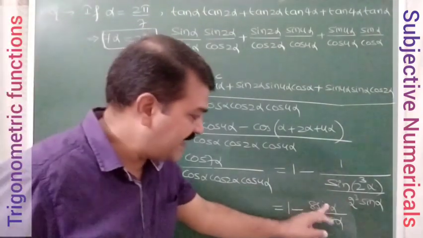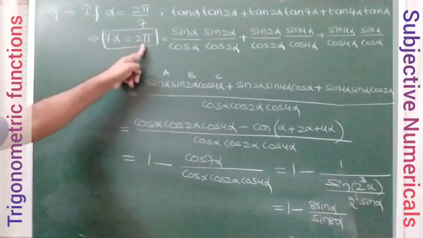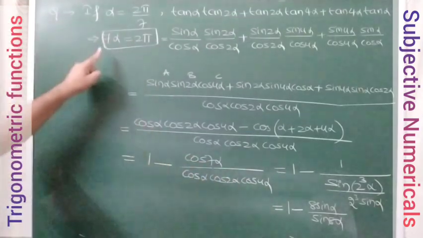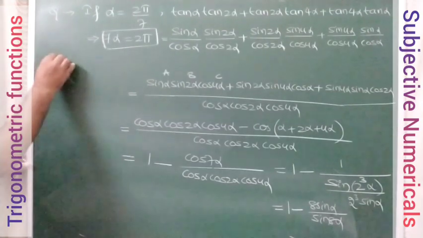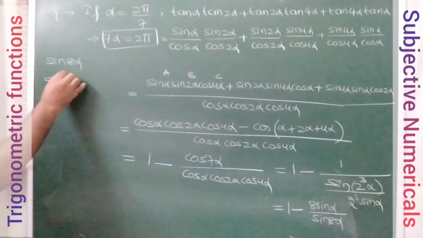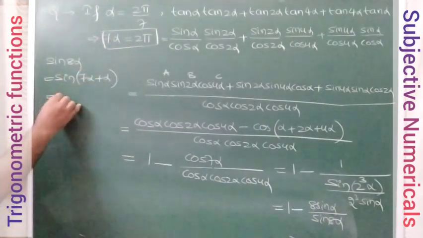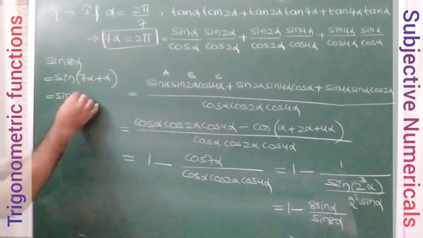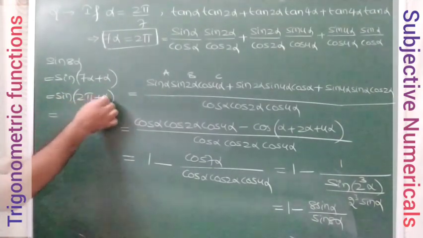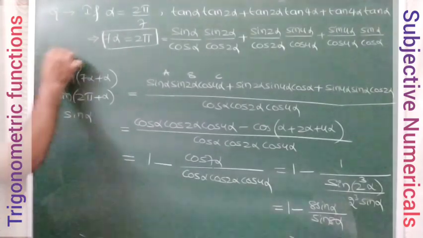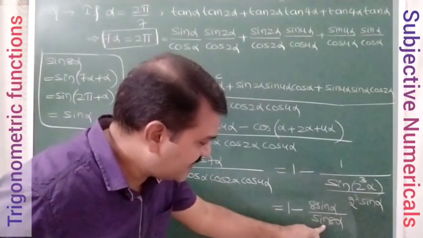Okay, now what is sine 8 alpha? We have to simplify. Just observe here, 7 alpha is 2 pi. So can we write this 8 alpha in terms of 7 alpha? That means in terms of 2 pi, yes. So sine 8 alpha, you can write in terms of 7 alpha like this for 8 alpha. And what is sine of 7 alpha means 2 pi, no? So you will get like this. And sine of 2 pi plus alpha is sine alpha only. So sine 8 alpha is same as sine alpha.